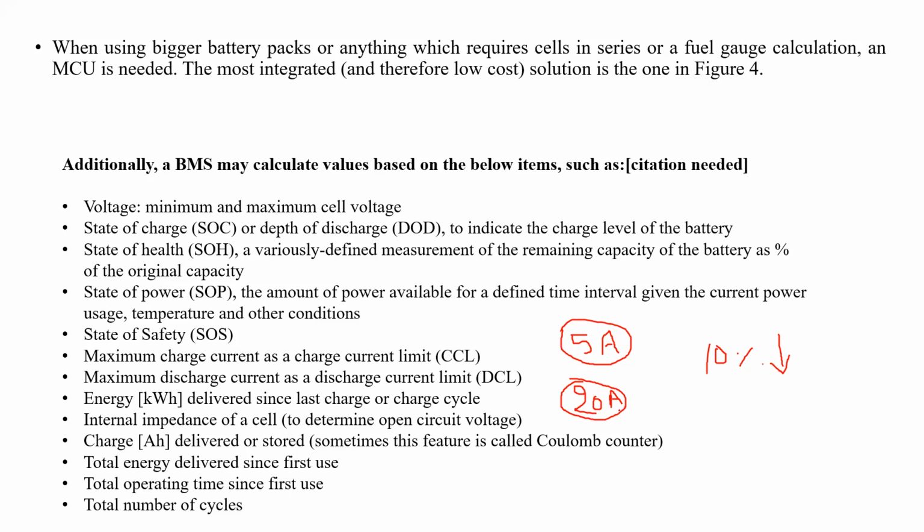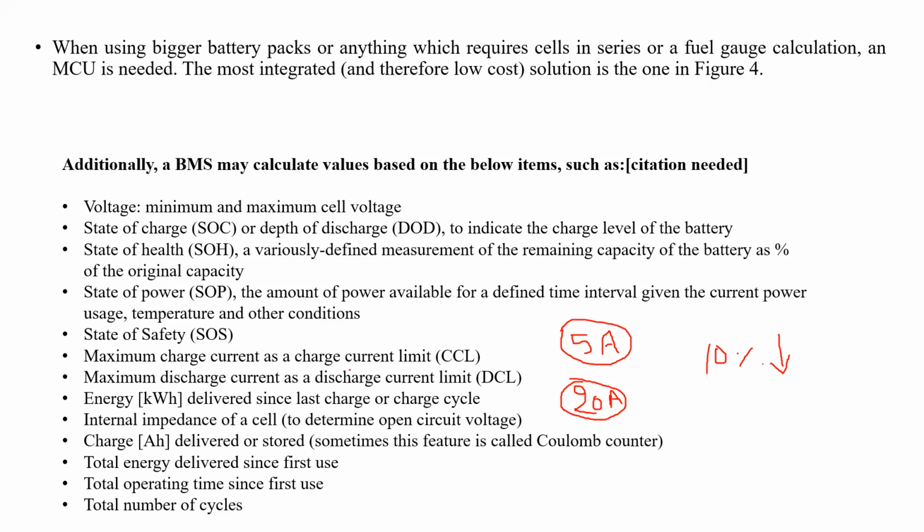Because immediately it will give the red signal, which means the battery current is increasing and the temperature level is increasing. So we have to decrease the current immediately. If we are not decreasing the current, then what will happen? The battery is going to be damaged. This is called the state of safety. At each and every time, the battery should be operated in a safe region.